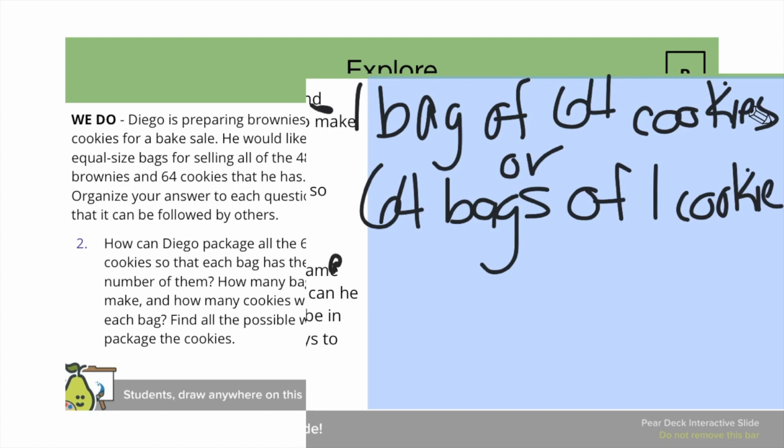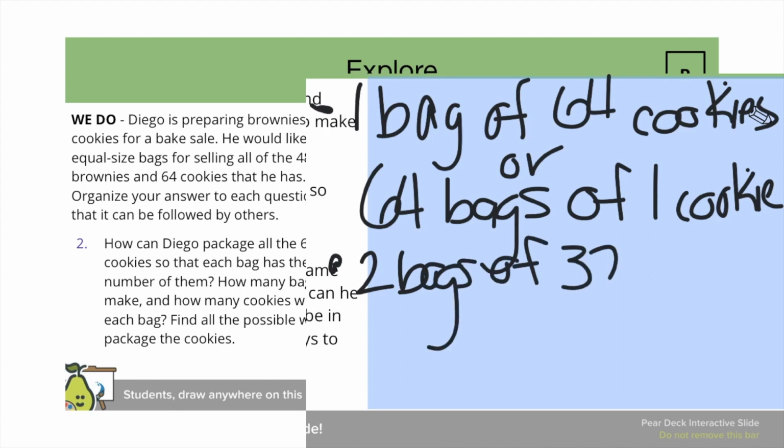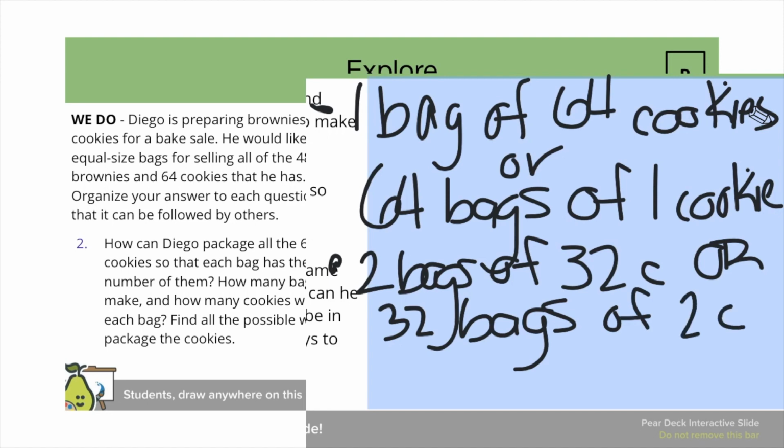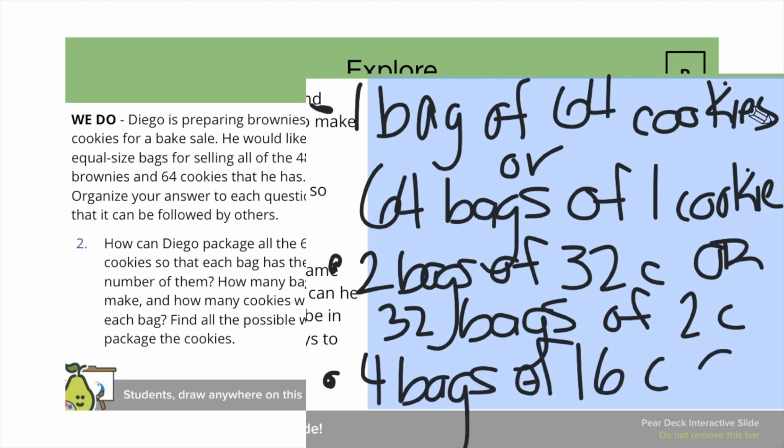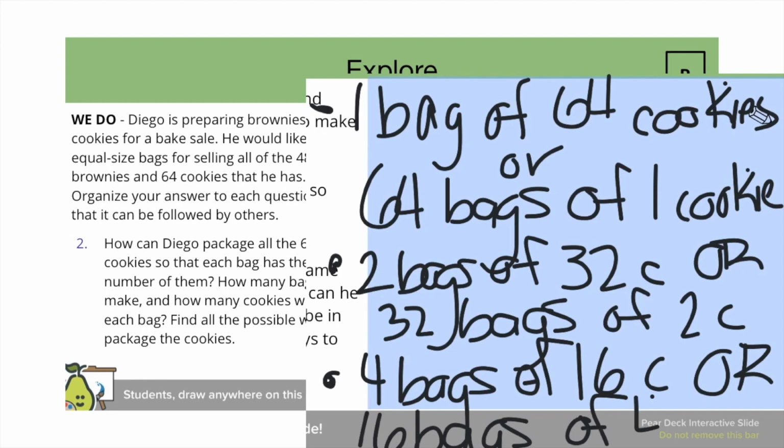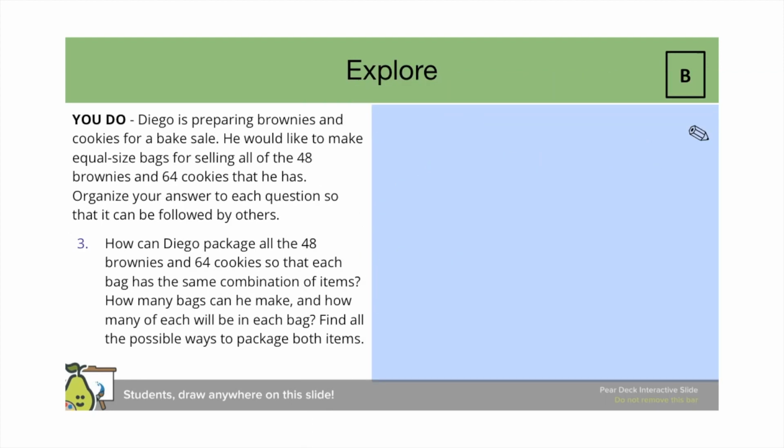2 bags of 32 cookies or 32 bags of 2 cookies, 4 bags of 16 cookies, or 16 bags of 4 cookies, and lastly 8 bags of 8 cookies. So the you do is, how can Diego package all the 48 brownies and 64 cookies so